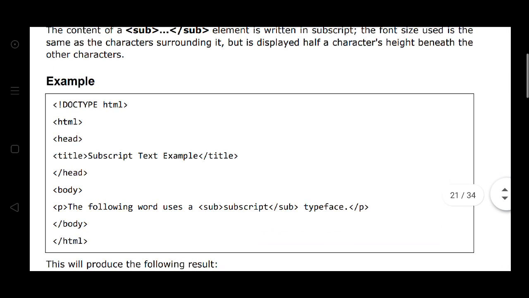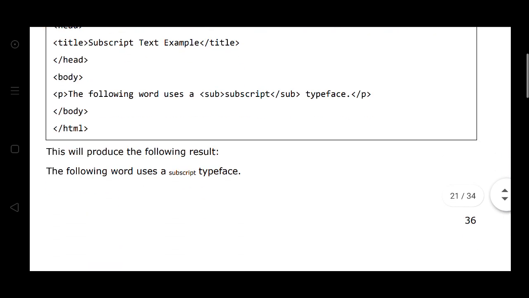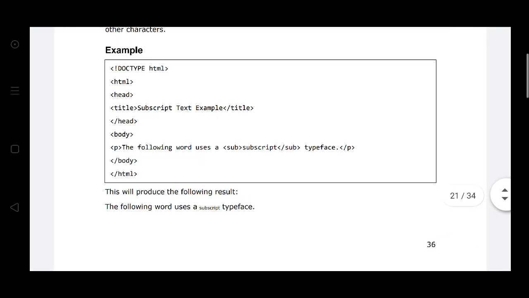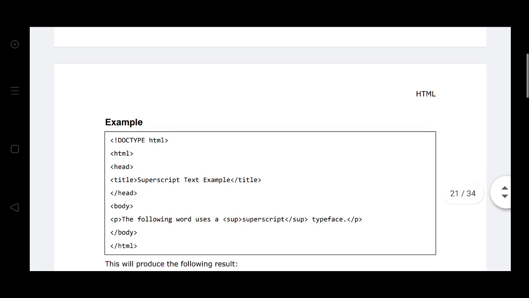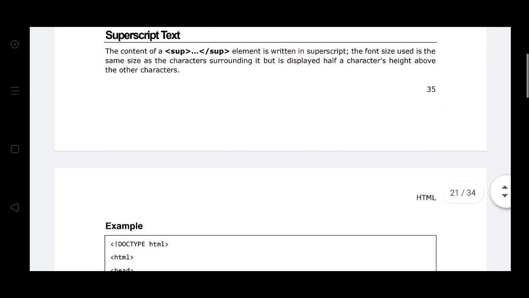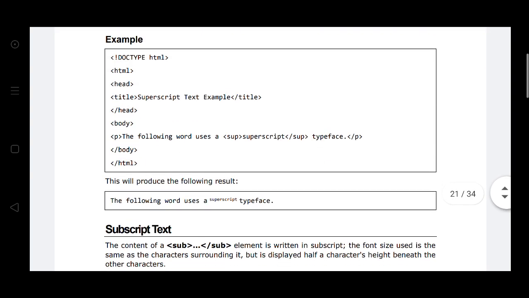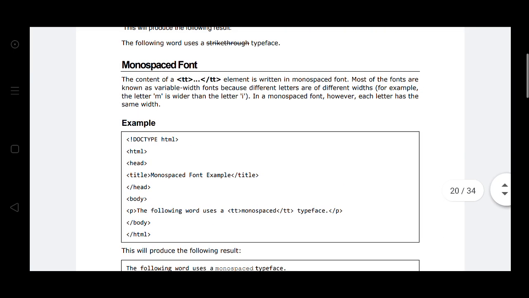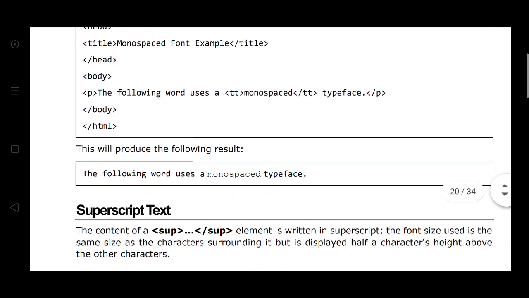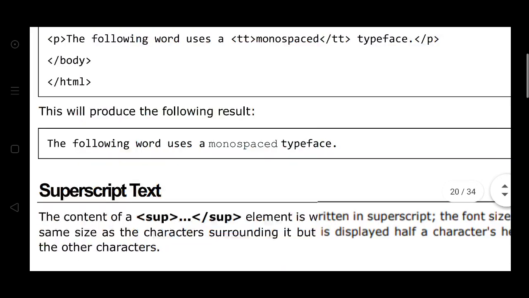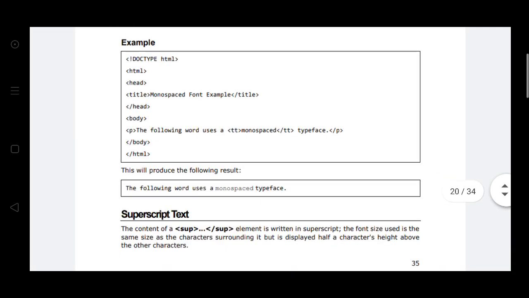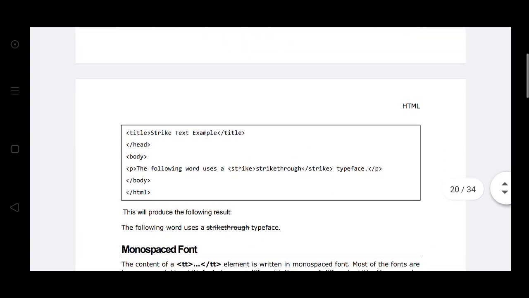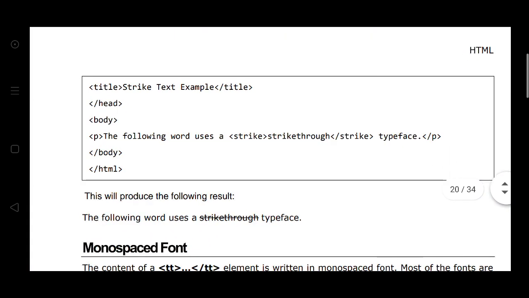Subscript means the size of the text is smaller than the other text. The superscript is also the same, displayed at the top. Here we see the superscript example. Then the monospaced font displays a lighter font than the other fonts. These are all the typefaces or font faces.